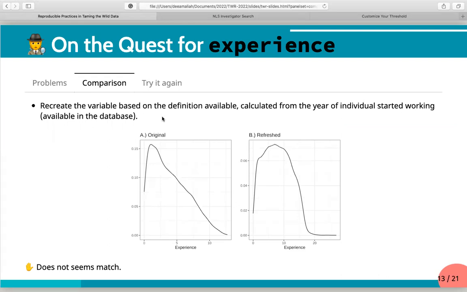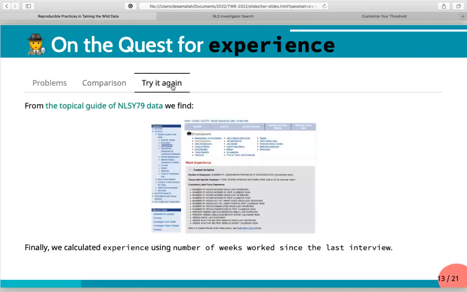But in order to join the longitudinal data, we also have to have the years or the time variable. And in the refresh data, we only have years. And in the original data, they didn't publish the year of survey. It's only the experience. But we are actually searching for experience, so we cannot do that directly. So we just have to make a spaghetti plot to actually match the pattern. And as we see, it didn't quite match. So we try again, and then we continue the detective work.